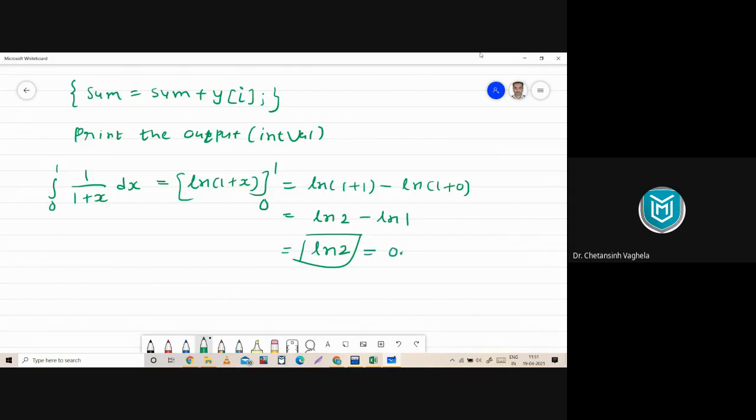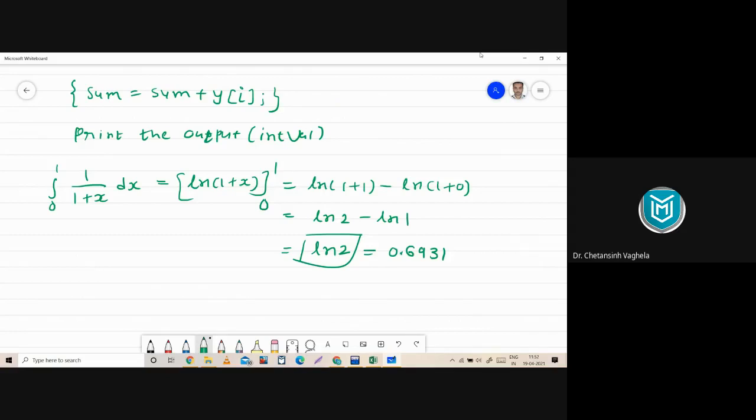Like this in decimals, 0.6931. Right? This is the 4 decimal value of ln 2. So you can also verify this from a calculator that ln 2 is equal to 0.6931. That means if our computer program is working correctly, then our final output should be near to this value.